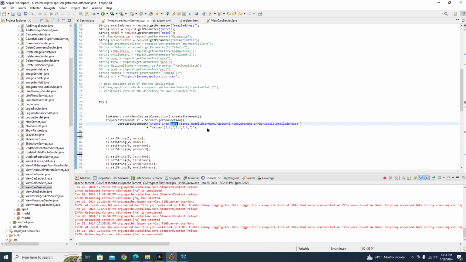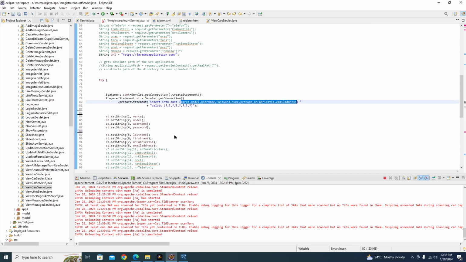And then you have to use values, and you need to have as many question marks here according to the number of the fields you want to insert data into. So there are 8, and there are 8 question marks,